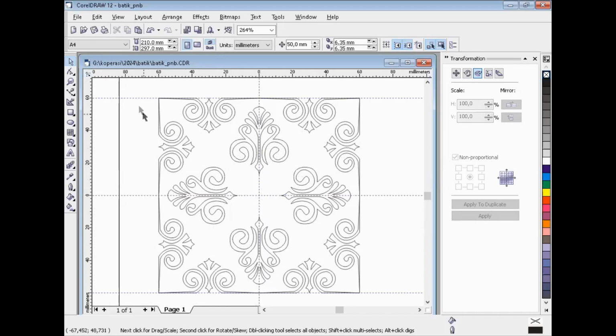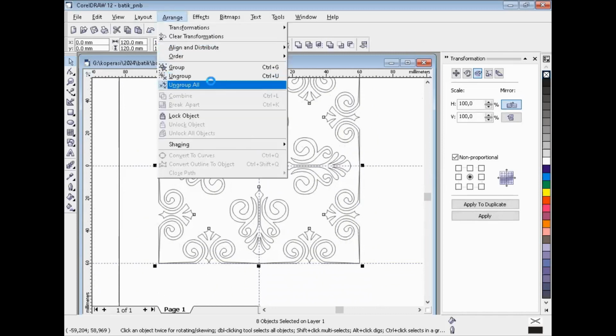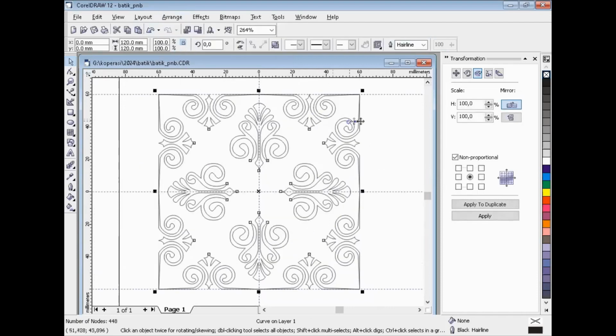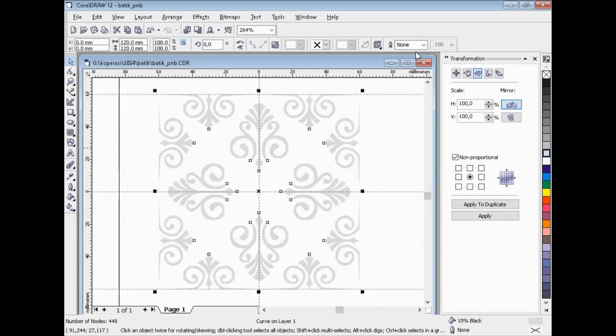If we finish, we can ungroup all and combine all. After that we can choose coloring, maybe online, and so on.